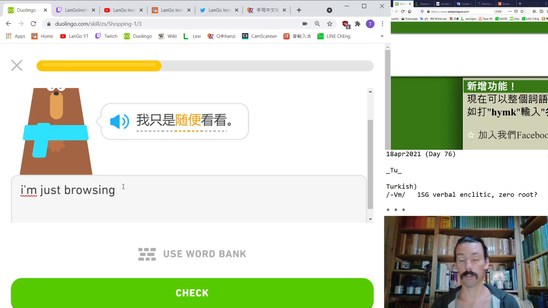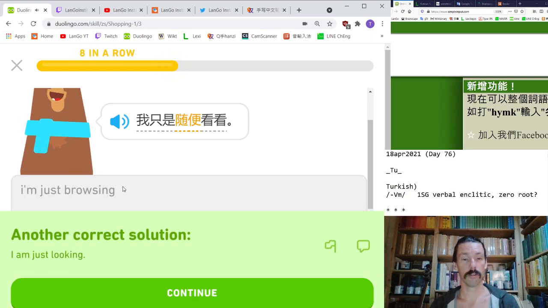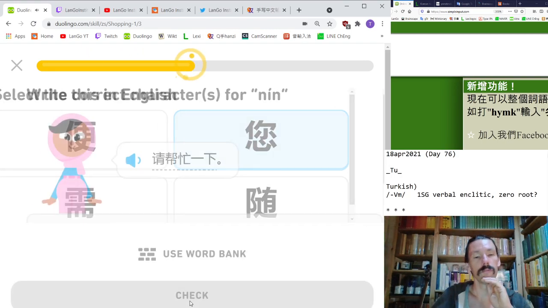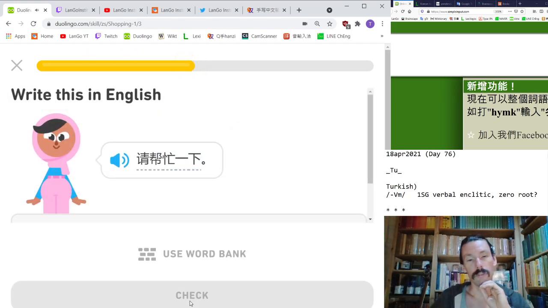So we have in English this very specific meaning verb here. In Chinese, these are all common components in other verb phrases. 您, the formal. 您请帮忙一下。请帮忙一下。